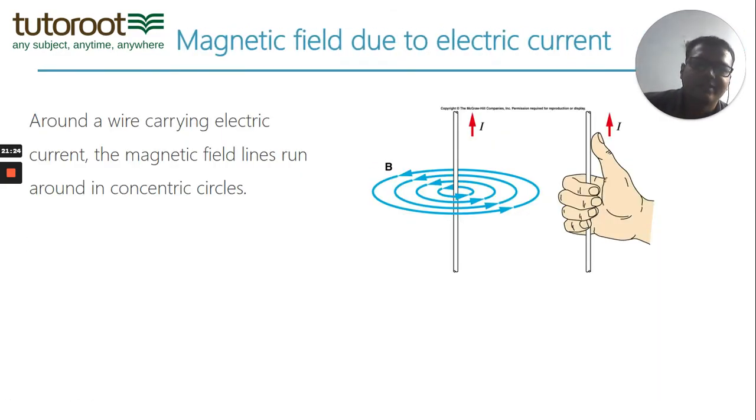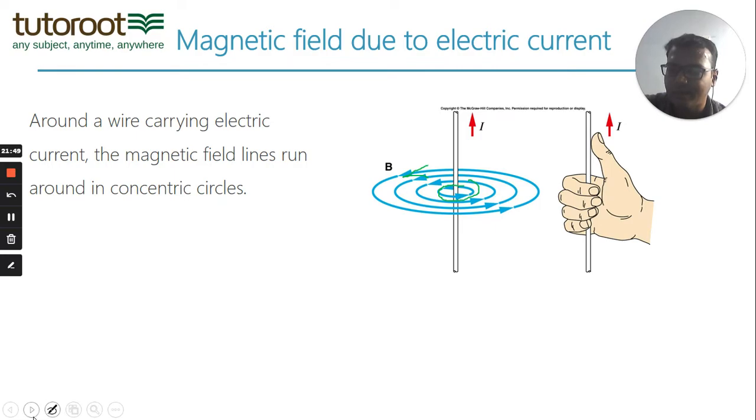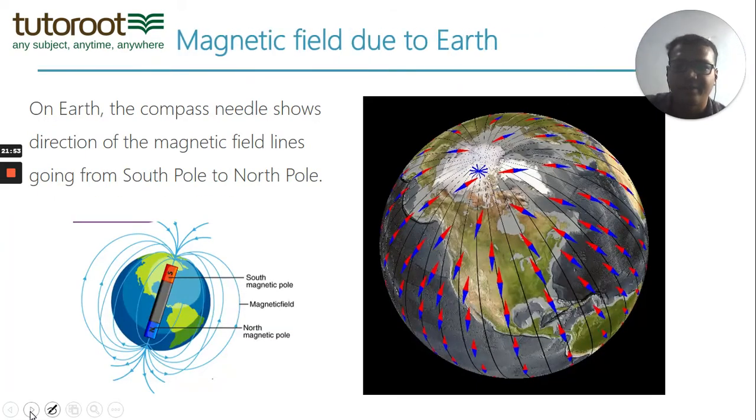So same again as we said, due to electric current, around an electric current wire you see magnetic field lines in circular directions around it. So you can see magnetic field lines here in concentric circles. Now the direction of the magnetic field depends on the direction of the current. As you see here, if the current is going upwards, the curling fingers give you the direction of the magnetic field. If you reverse the current, the curling fingers will curl in the opposite direction. So sometimes you get an anti-clockwise magnetic field and sometimes you get a clockwise magnetic field.